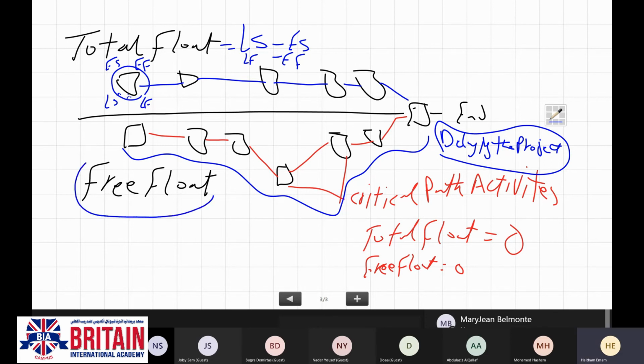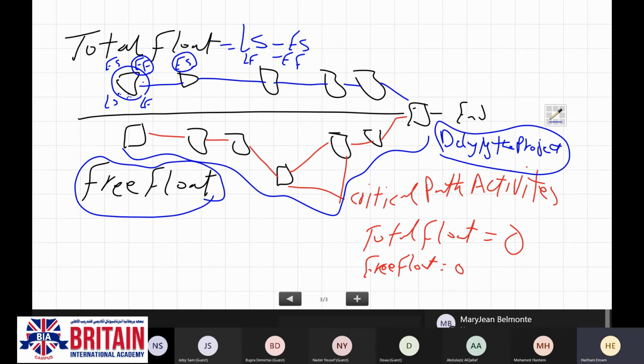Now it is time to define what we call the free float. Is that period of time that an activity can be delayed in its finish without delaying the early start of the succeeding activity.